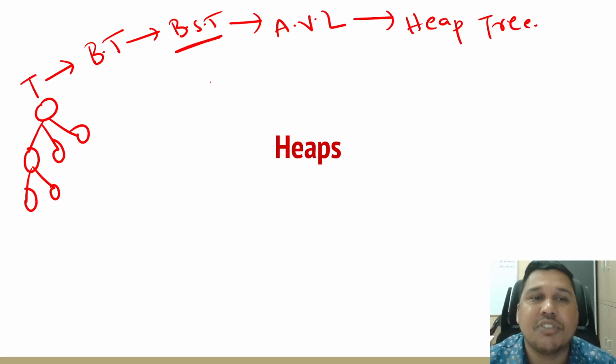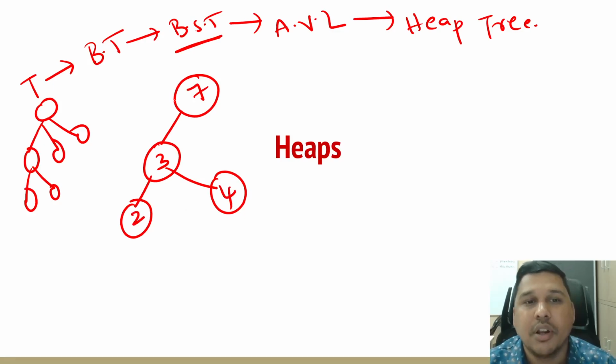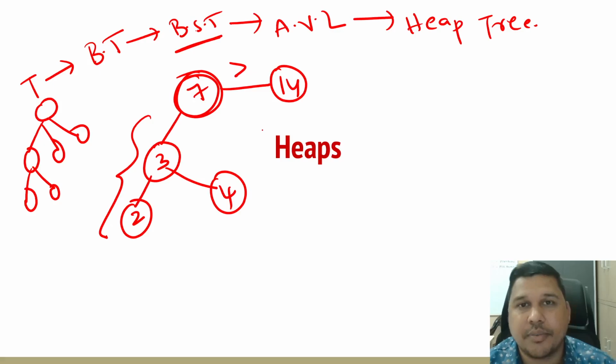In binary search tree, we said that if 7 is the root, on the left side I can have some elements like 4 and 2. If you observe, all the elements on the left hand side are lesser than this root element and all the elements on the right hand side are greater than the root element. This is what we said in binary search tree. Heap tree says that